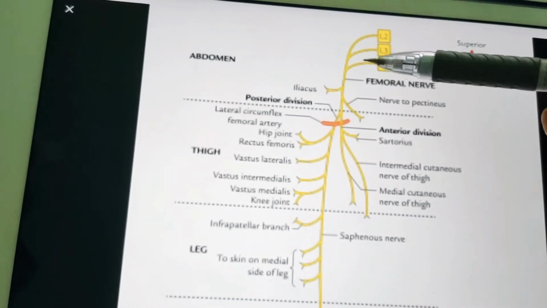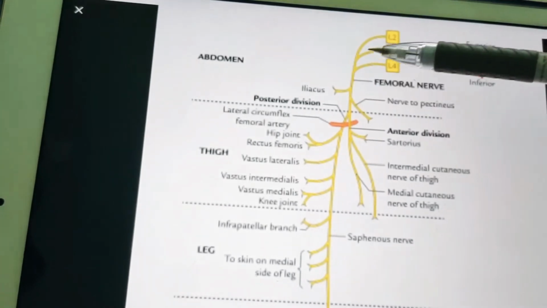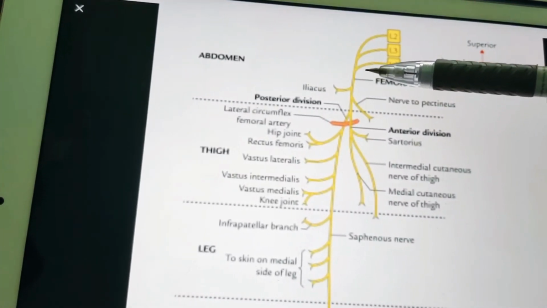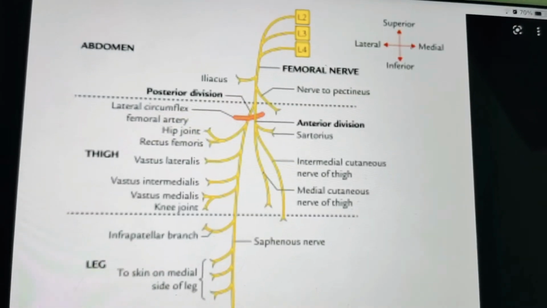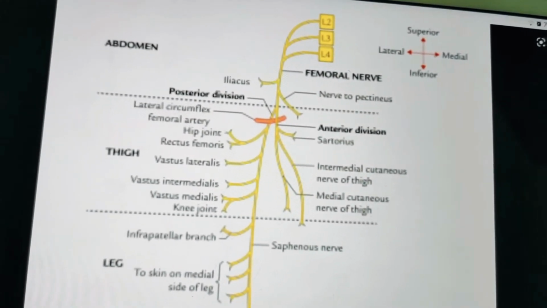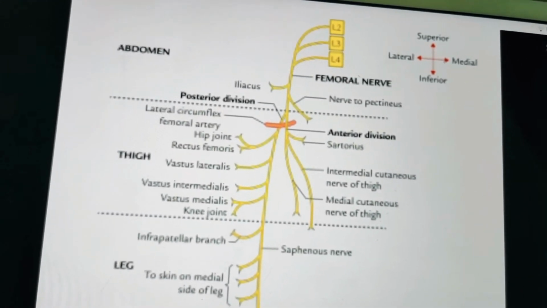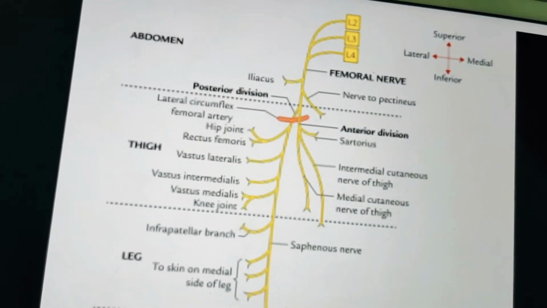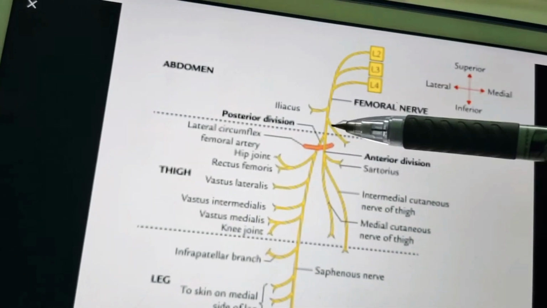Okay. And in the thigh, it lies in the groove between the iliacus muscle on this side, and on this side you have the psoas major muscle. So in between the iliacus and psoas major muscle, it forms a groove, and the femoral nerve passes. The femoral nerve is outside the femoral sheath. If you remember, in the femoral sheath there is only the femoral artery, femoral vein, and also deep lymph nodes. But the femoral nerve is outside the femoral sheath, and lateral to the femoral artery, you have this femoral nerve.